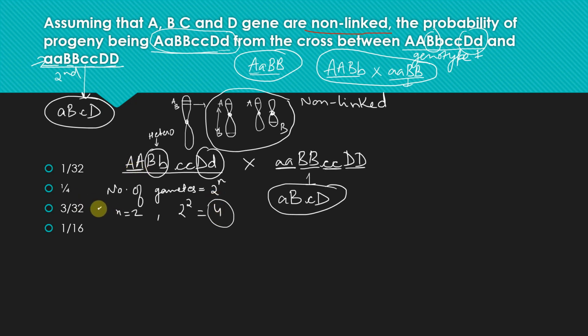Now let's talk about this one. First we have to find out the number of gametes. In this case we can use the Punnett square. It's quite easy because with one gamete and four gametes we can easily draw the Punnett square. On one side we'll draw the four and on the other the one gamete, so we can easily find the combinations. Okay, we'll come back to that. First let's find the genotype of the gametes, meaning which alleles are present in all these four gametes.